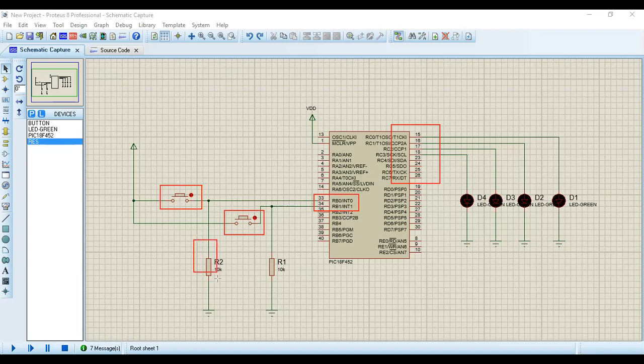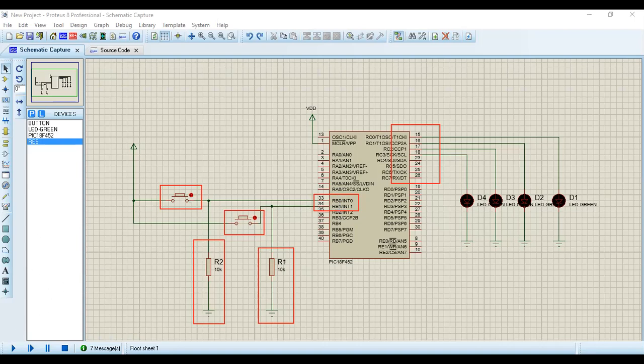These two resistors are pull down resistors, which I already explained in the last tutorial. So whenever I press the switches, they will send a high signal, simulating the effect of sensors which we are going to connect with RB0 and RB1. I hope this setup is clear now, right?